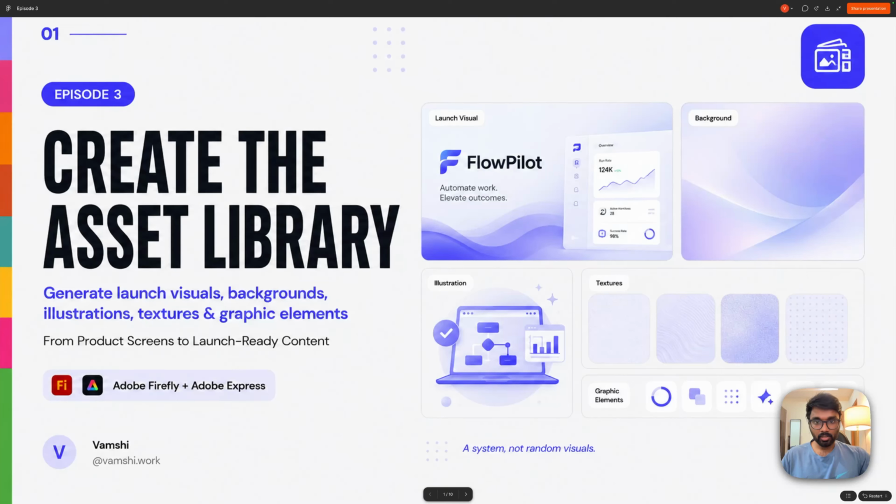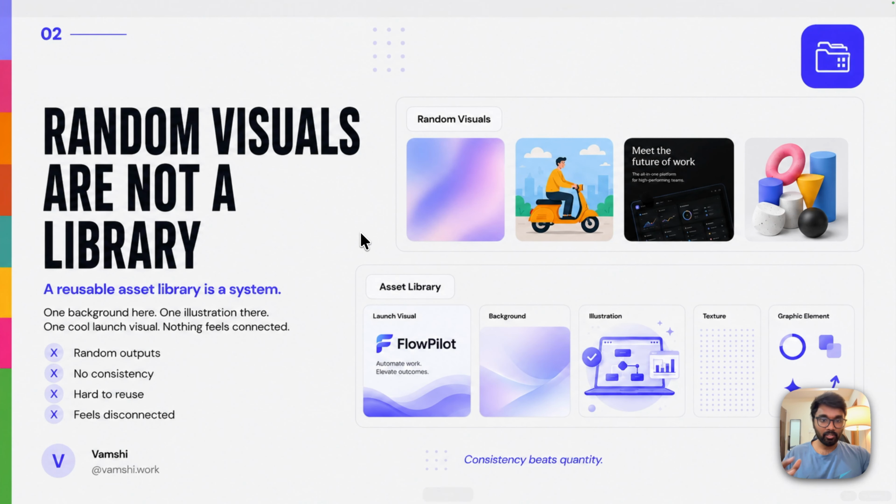One of the biggest mistakes designers make with AI generated visuals. They generate one background, one illustration, and one random texture or a cool looking hero image. And suddenly the project has assets, but it does not have a system. So everything looks different, nothing feels connected. And when you see these visuals in carousels, posters, landing pages, or portfolio presentations, the entire product starts to feel